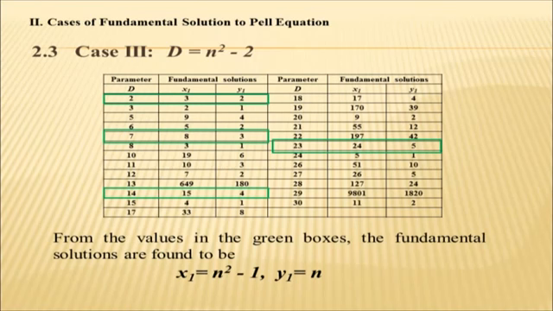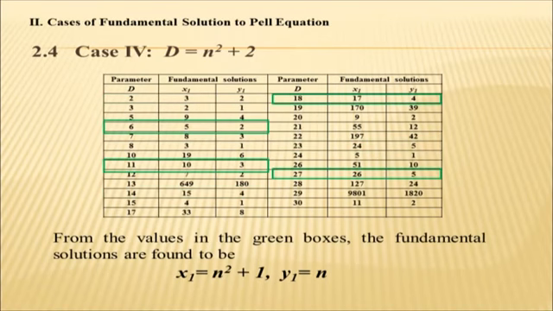And fortunately, we found out that the fundamental solutions for y1 would be 2, 3, 4, and 5. And hence, from the values in the green boxes, the fundamental solutions are found to be x1 equals n squared minus 1 and y1 equals n. And the fourth case,